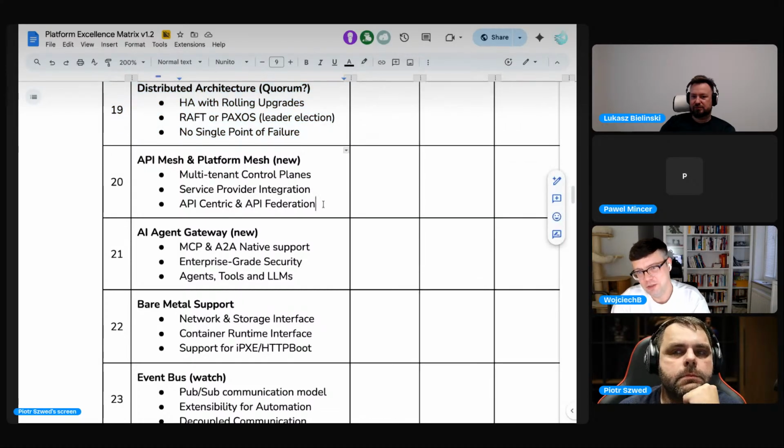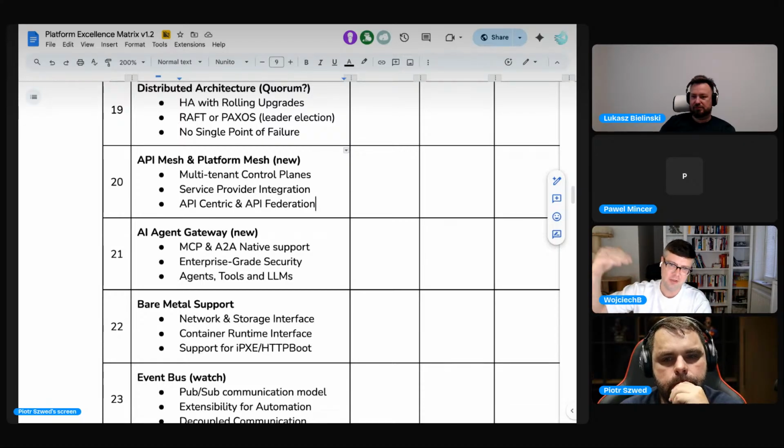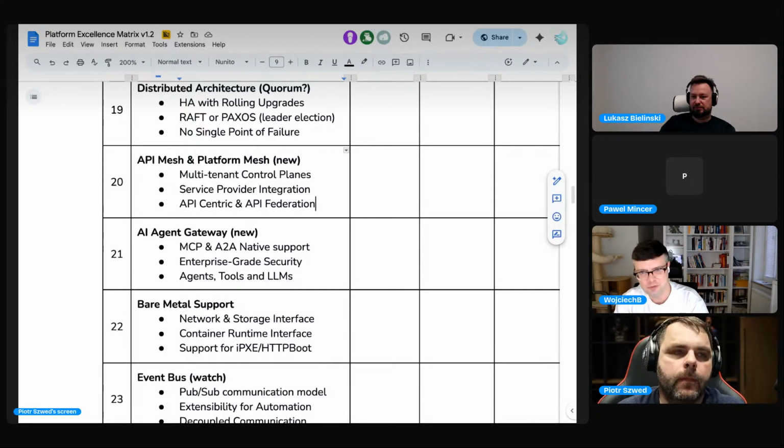So as engineers, you should be able to... I would maybe change this point to saying whether it's possible to set up something HA, because this is also a business decision. We are looking at how much it costs us to be offline versus how much hardware we want to run. So I can imagine if I have a failover that will take 30 minutes or 20 minutes, maybe I don't want to have HA, but I want to be sure that I can actually set up a new instance of the platform.